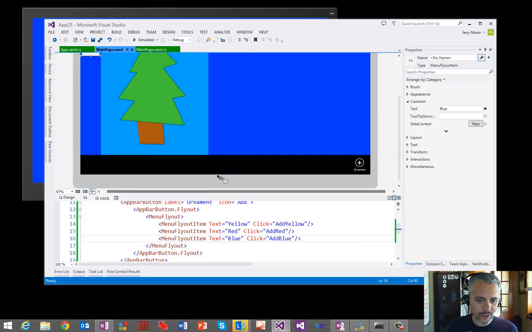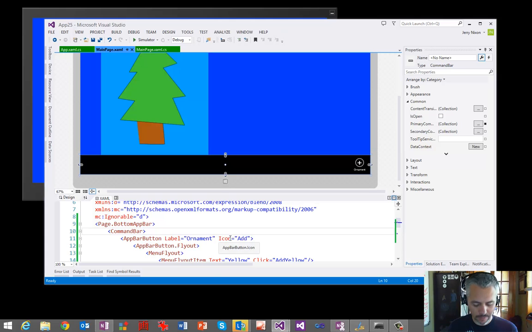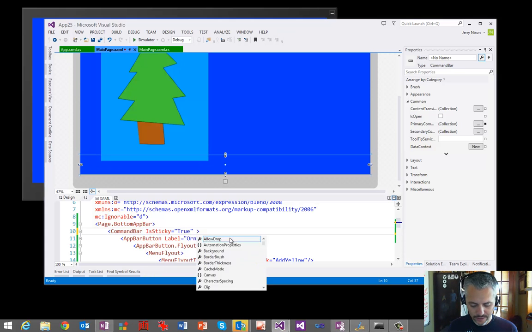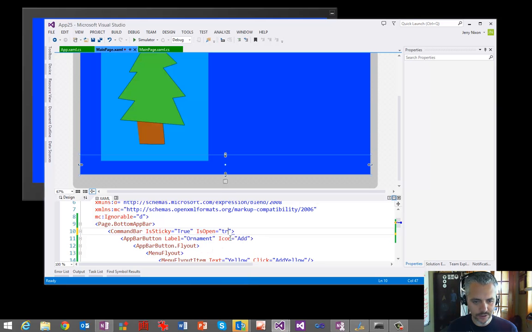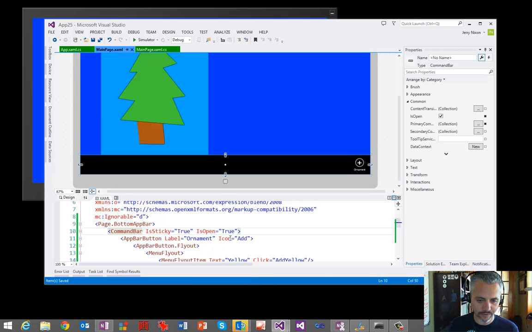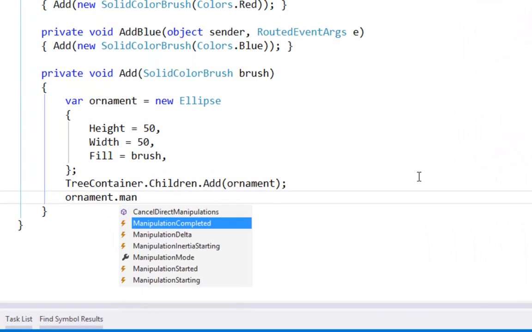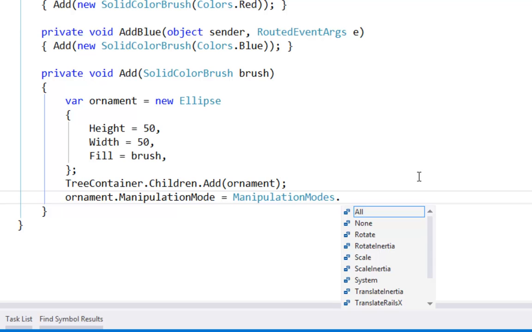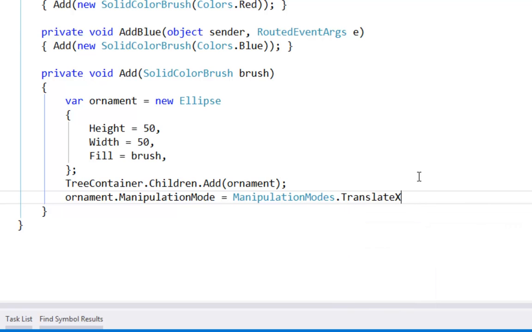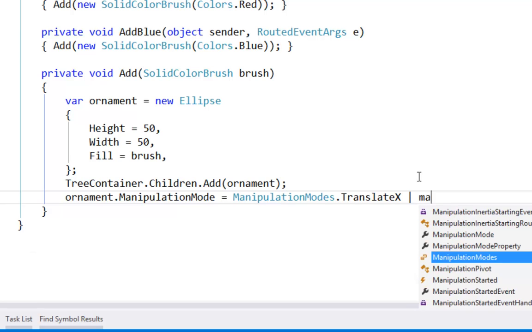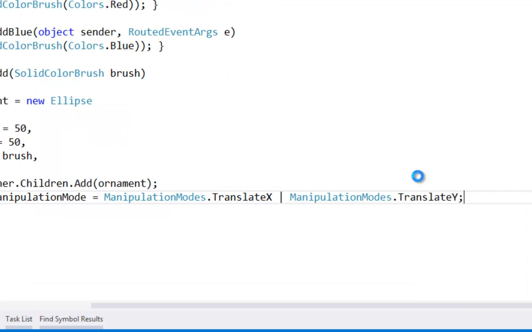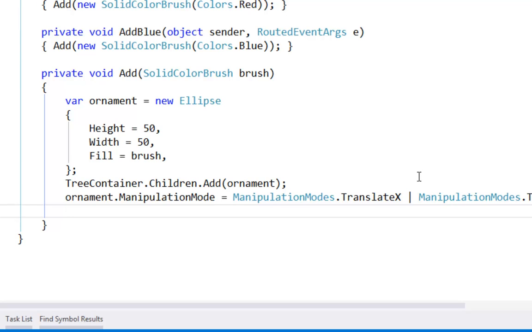I'm going to jump back to the XAML. I'm going to change one thing in the app bar here, the command bar. IsSticky is true, IsOpen is true. That will make it open and release the focus from it so that I can move things around. All right, so let's add now the ornament.ManipulationModes. The first one's going to be TranslateX, and the next one is going to be TranslateY. So now when the user grabs it and moves it with their mouse or finger, the delta will raise. So ornament.ManipulationDelta,